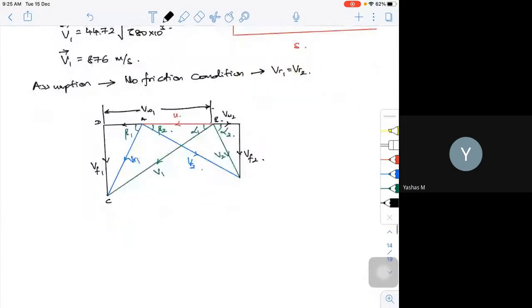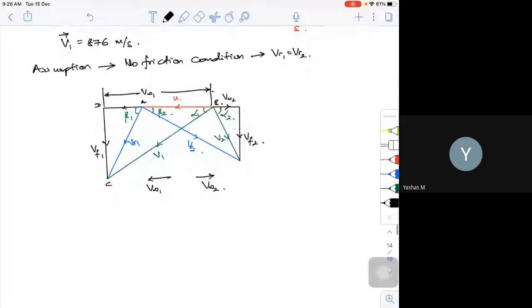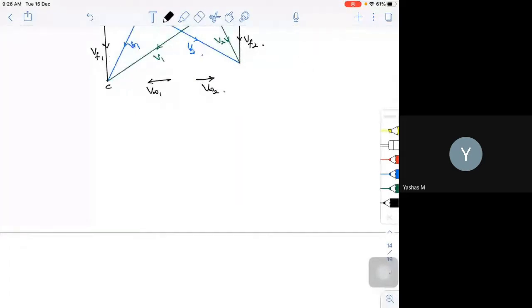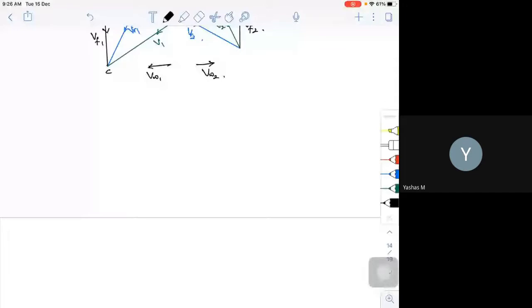So this is the direction for VW1, this is the direction for VW2. I'll go with this particular thing. If I call this x is equal to VW1 minus u, because this is my u, all those things we have done in the previous problem, the same thing will hold good here. So now let us consider the inlet velocity triangle. Let's go not with the graphical method, but if people want to try at home, let's solve this problem using trigonometric principles.